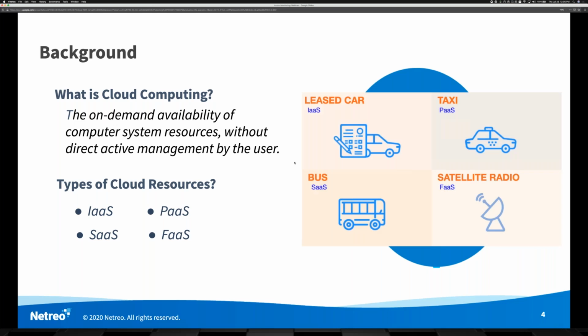Right, so first you have infrastructure as a service. This would be the closest cousin to the aforementioned co-location facility. In a nutshell, you're renting virtual machine computing resources from your vendor. This is similar to leasing a car. You don't own it, but you can drive it anywhere you want, whenever you want, right, within limits of the